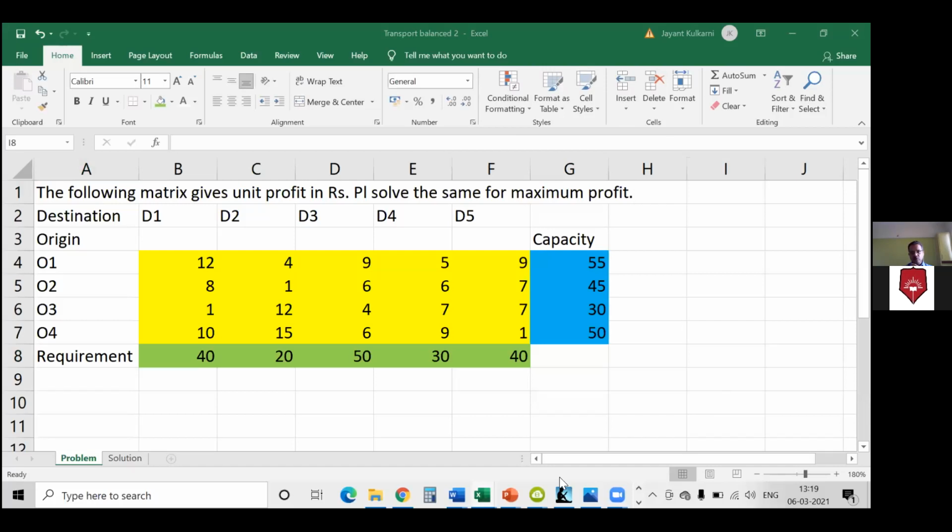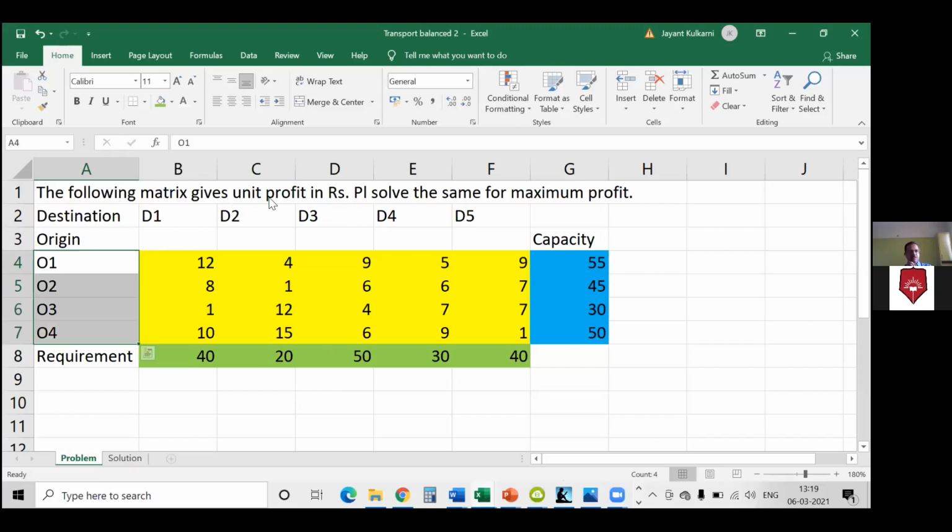Yeah, fair enough. Let's look at this final problem, guys, that we are doing for the transportation problem. Like earlier, there are these origins. So far we had 3 sources. Now we have 4 sources. That does not matter. And there are 5 destinations now. There is another variation here.